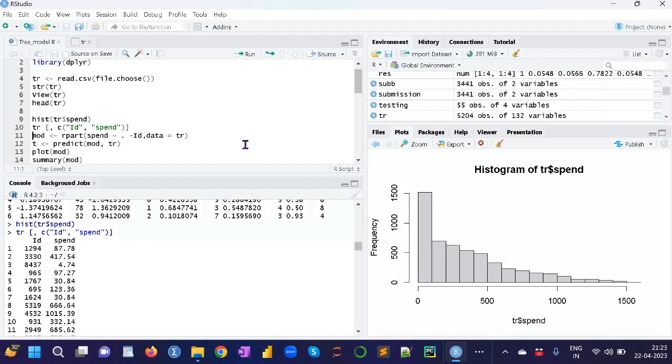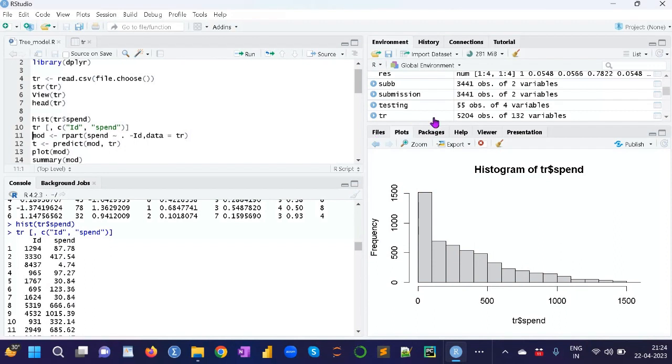Now I am creating the model. In the model, I use rpart, which is used for trees. Whenever we use a model, we use a dependent variable and an independent variable.